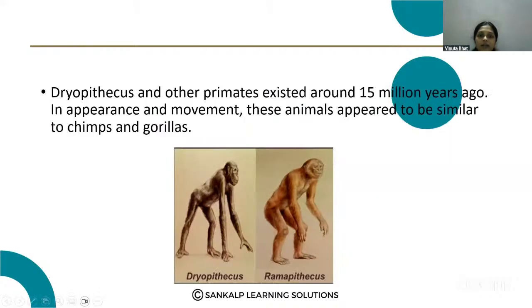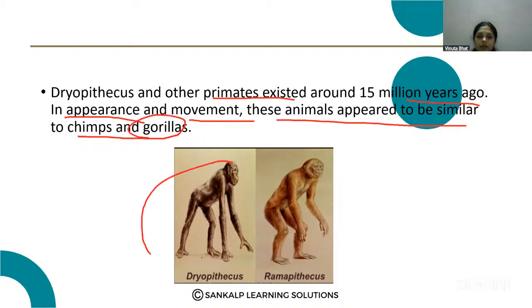Dryopithecus and other primates existed 15 million years ago. In appearance and movement, these animals appear to be similar to chimpanzees and gorillas. So this is the Dryopithecus. They are the primates. So how many years ago? 15 million years ago. And you can see the movement of these animals appears similar to the gorillas and chimpanzees. So that is called Dryopithecus. Okay, that is the first